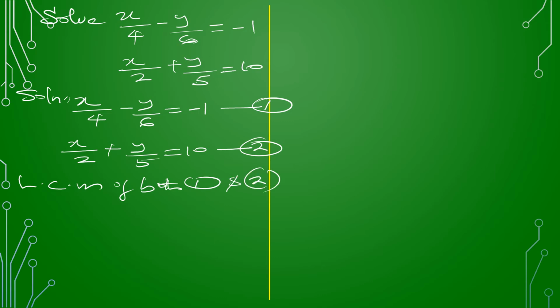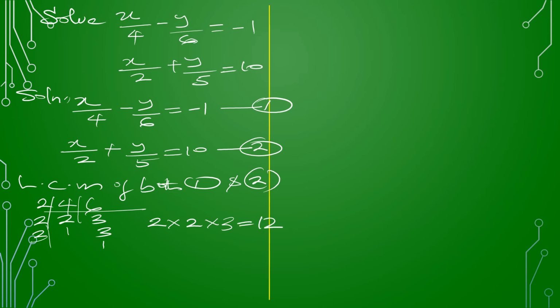The LCM of 4 and 6 is 12. How do we get it? This is 4, this is 6. What can divide them? 2 can go here. You have 2, and 2 into this you have 3. You have 2 here, you have 1. You have 3, you have 2 again. You have 3 again, you now have 1. So what do you now have? 2 times 2 times 3, which is